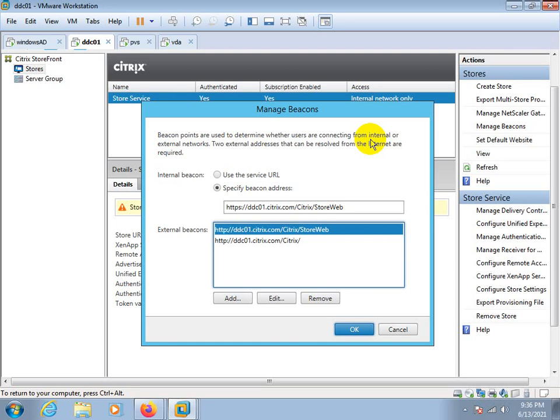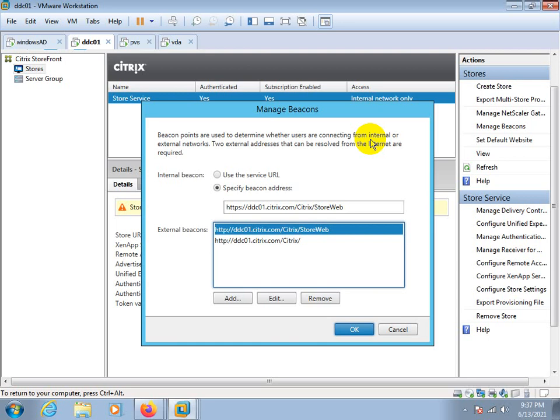External means you are coming from the internet or outside world, outside of your company, trying to connect to some other network. So for that, it always creates the internal and external beacons. Beacons are the connecting points.